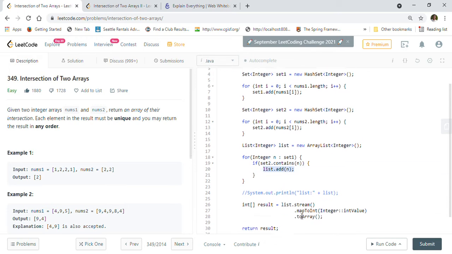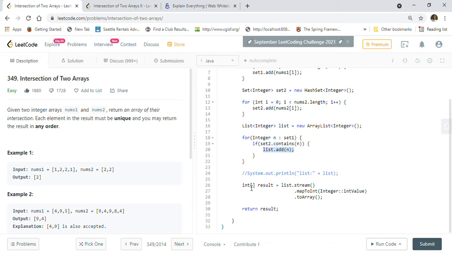At the end we will convert that list into an array of integers using the Java 8 method, list.stream().mapToInt(Integer::intValue).toArray(). It converts the list of integers into an array of integers, and we will just return it.